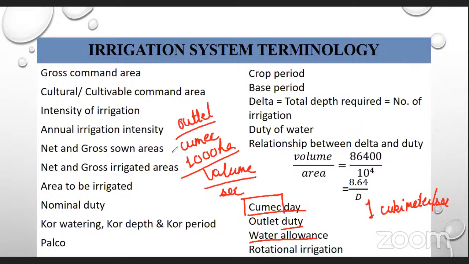Then we are having rotational irrigation. This rotational irrigation is usually also known as the warabandi irrigation, and it is a system of rotational supply of irrigation water to ensure equitable supply to all farmers in a localized area of an irrigation system. And in that we don't bother about the location of the field. And one more term I have missed out,